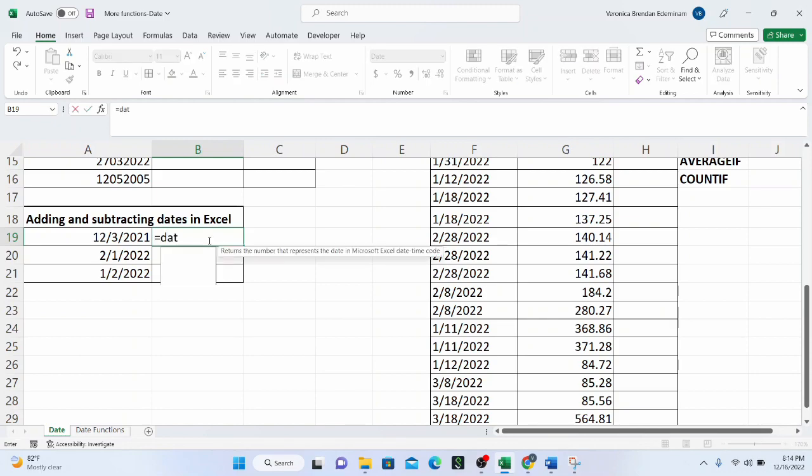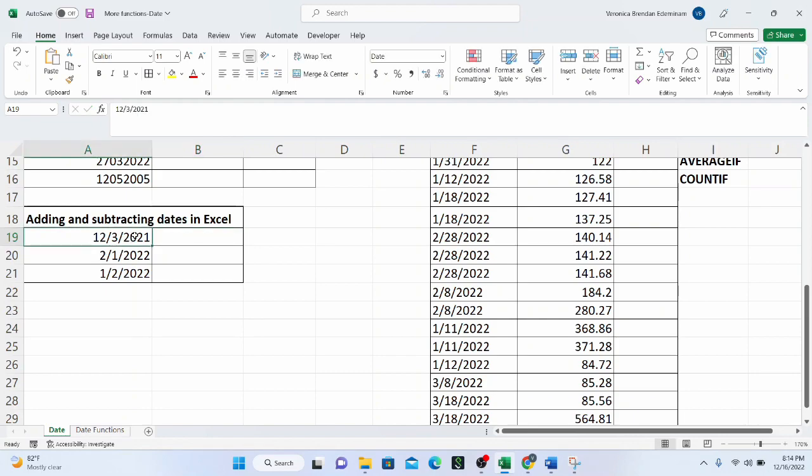So let's say we want to subtract this particular date that we have right here. We want to subtract, say, 5 days from this particular day. What do we do? So all we need to do is this minus 5. And this is what we have. So just like you have seen here, the first value is the month. So this is December, and this is 3rd of December 2021, minus 5 days is certainly 28th of November